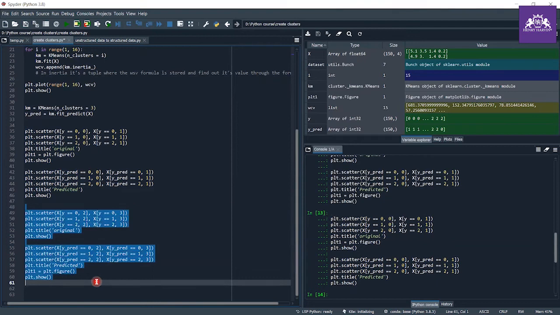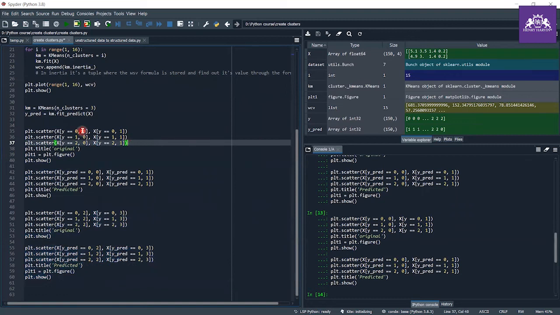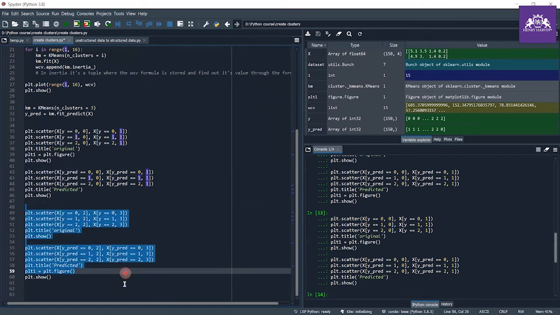As I told you earlier, if we have n number of dimensions, say four dimensions, how can we visualize our data? How can we plot our data if we have four dimensions? I told you to take the first two dimensions and plot them, and take another two dimensions and plot them. So here, as you can see, I take the first two dimensions, sepal length and sepal width, and plot them. Now I'm taking the other two dimensions, petal length and petal width. So now let's plot this.